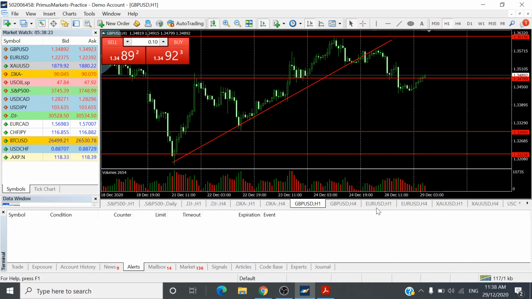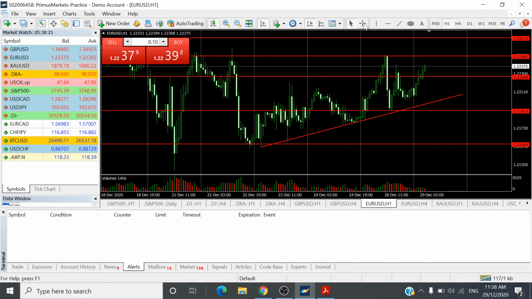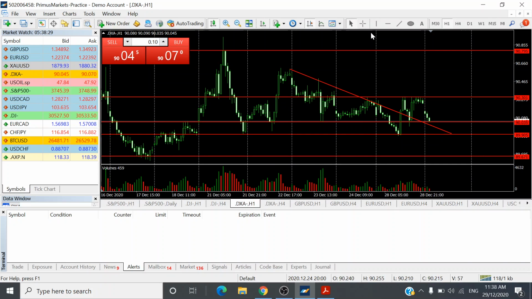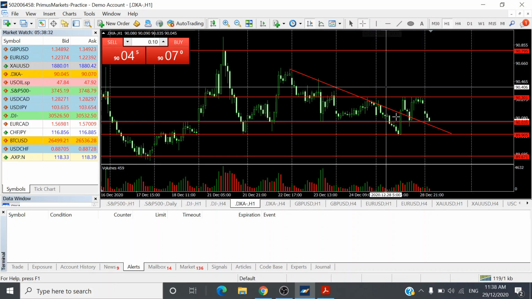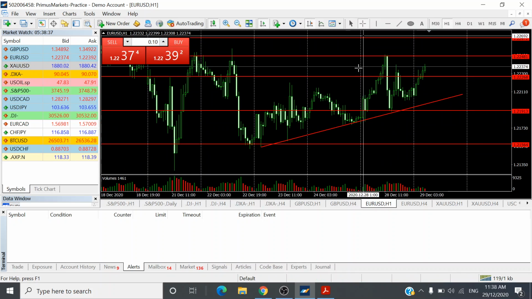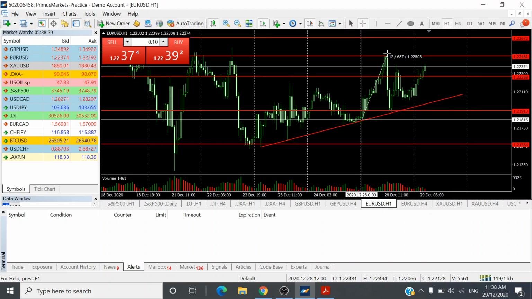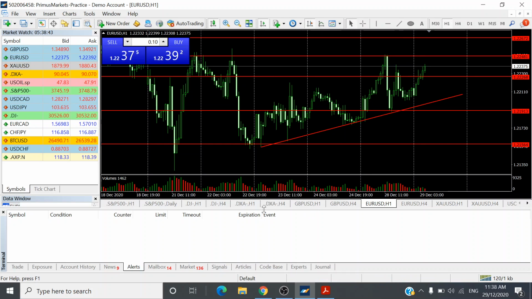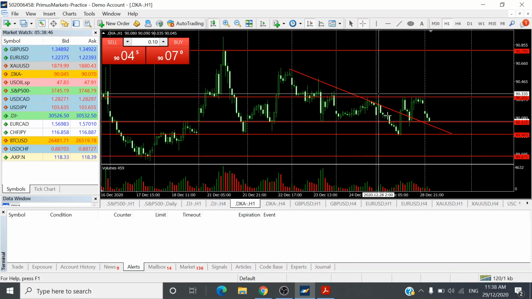Okay. Looking at the euro dollar does present a clearer picture. It is a direct correlation or opposite correlation with the US dollar index, where it was weakening in the morning. The euro dollar strengthened in the morning and also during the afternoon sessions, strengthening by about 67 pips, and only towards about 6 p.m.